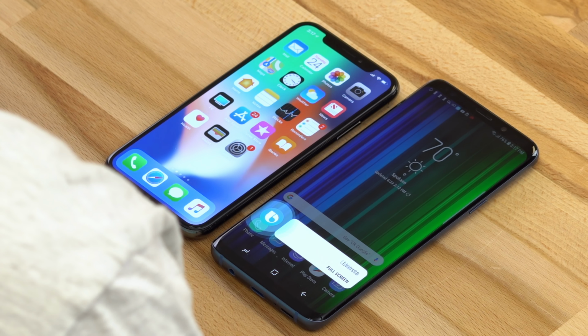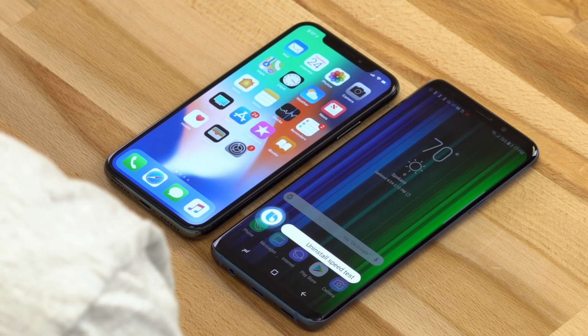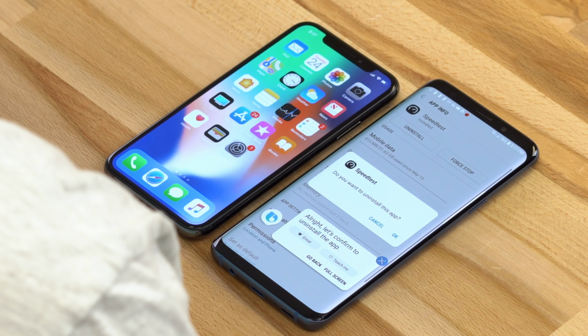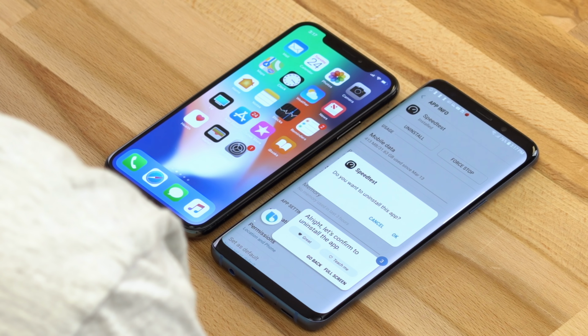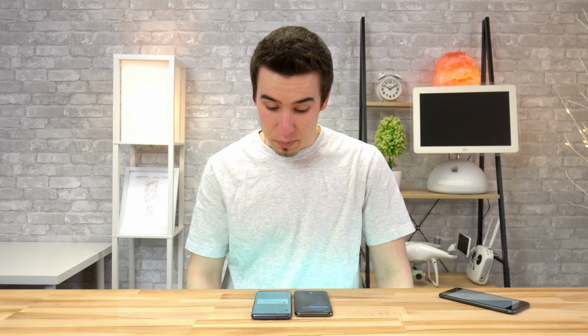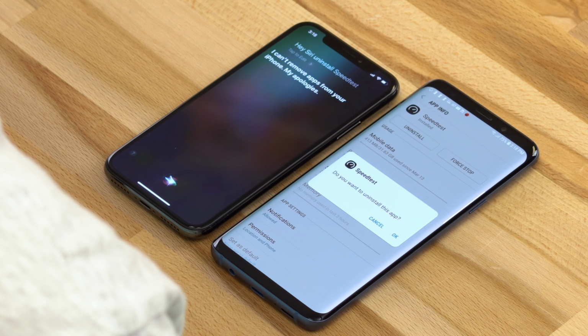Uninstall speed test. Alright, let's confirm to uninstall the app. I can't remove apps from your iPhone. My apologies. So Siri can't uninstall apps, but Bixby actually brings you to the app, and all you need to do is confirm. So there's just some of the commands that Siri and Bixby can handle, and to me, it